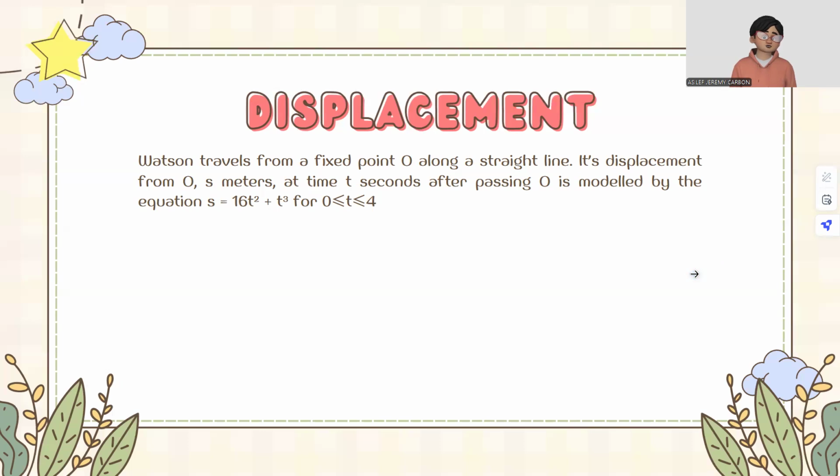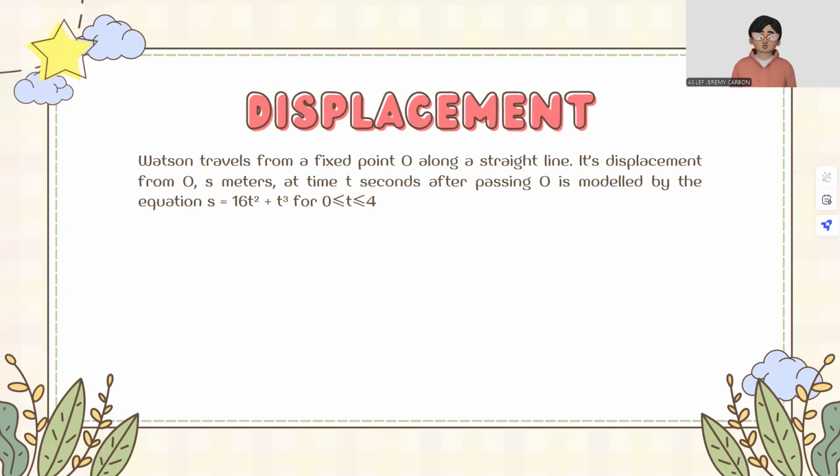Now, although this does feel like a handful, we only have to remember that from any fixed point O, displacement will always be represented by S, and time will always be represented by t after passing the origin, where we began, which is point O. It is modeled by the equation often given in the problem, which in this case is S is equal to 16t squared plus t cubed, for any instances where time is 0